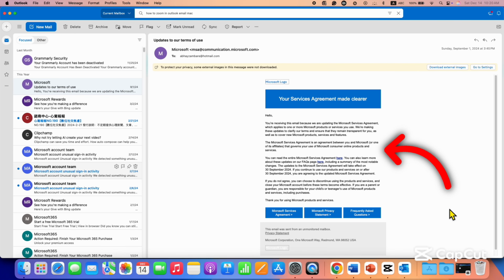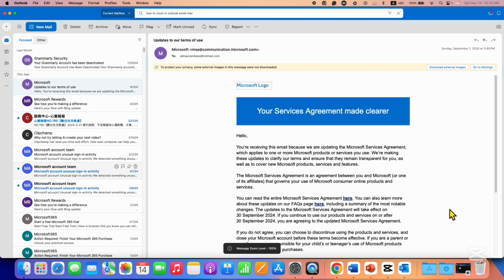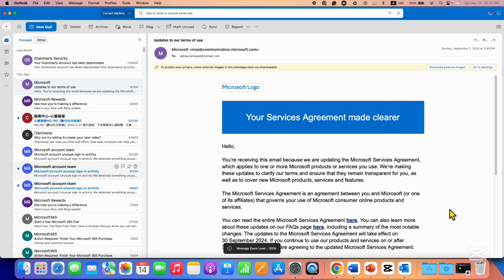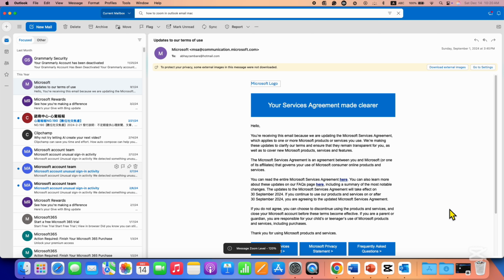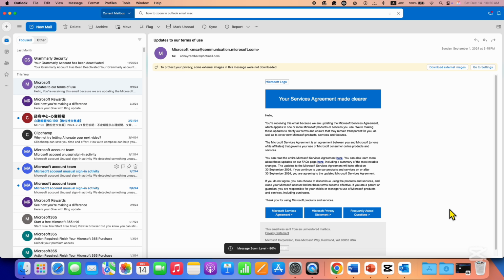In this video, you will see how to zoom in Outlook on your MacBook. If your text is too small, then you can zoom your email like this, so you can easily read the text inside the email. And you can also reduce the zoom in if you want to. It's very easy. First, what you need to do is, on the main menu bar here, you need to click